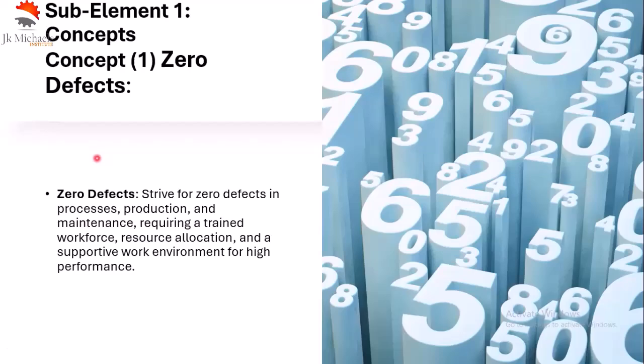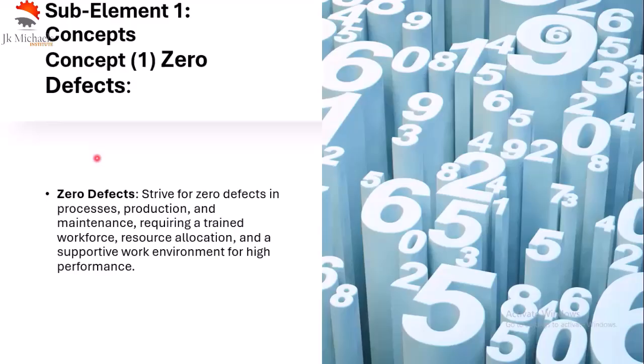So, what are the things we need to do? What are the things we need to invest in? What are the processes we need to improve to be able to ensure that we reduce our defects, the errors in our process, gradually until zero, right? So of course you would see things like resource allocation,